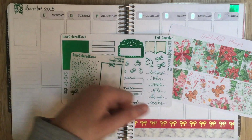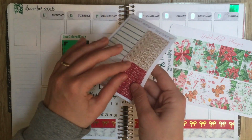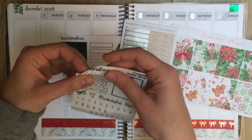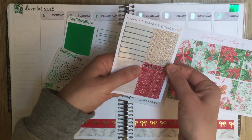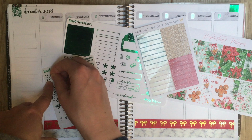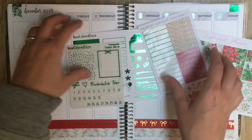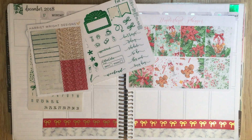And I've also got the confetti headers. I pulled in these from Harriet Wright Designs. These are from last year's advent calendar. I was thinking the red with the confetti would look really nice. Let's see though. Oh yeah, totally. Super festive. Okay, cool. So I'm going to use the red with the transparent confetti overlays across the top, then the solid green foil, then the full boxes, and then across the bottom,